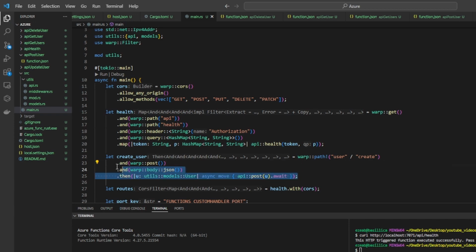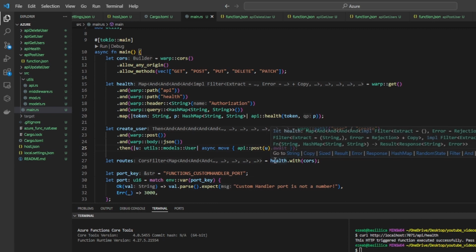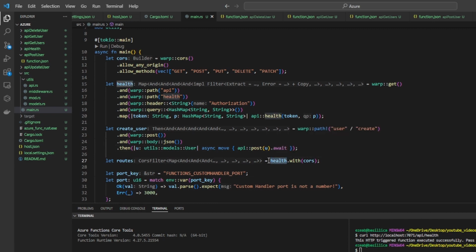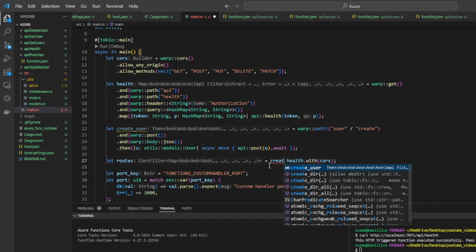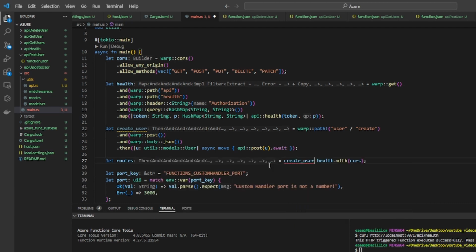And so there you have it, guys. We have defined a new endpoint that would handle the creation of our users. And of course, we would have all of this together. So I would like to have our create user at the beginning of this composition of filters. So I can have here create user, or,